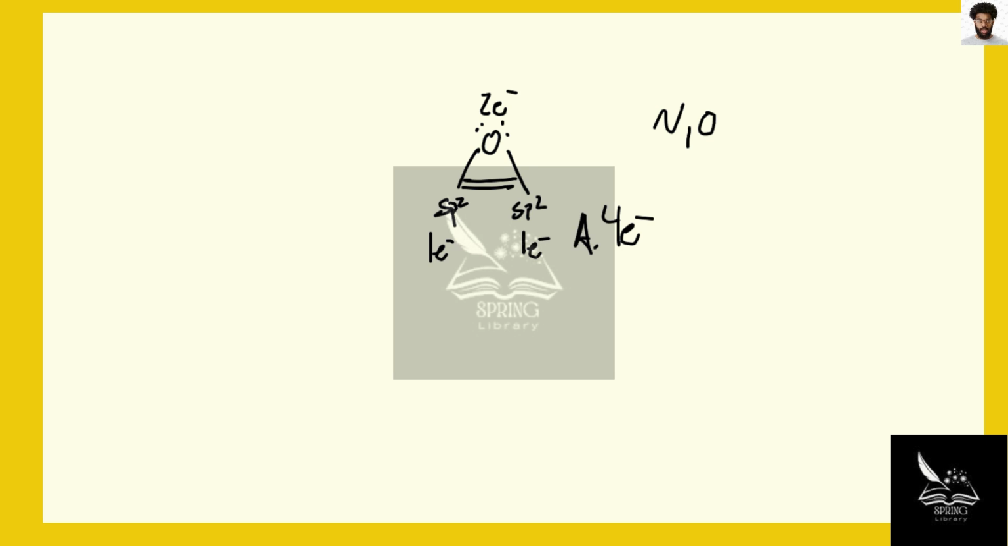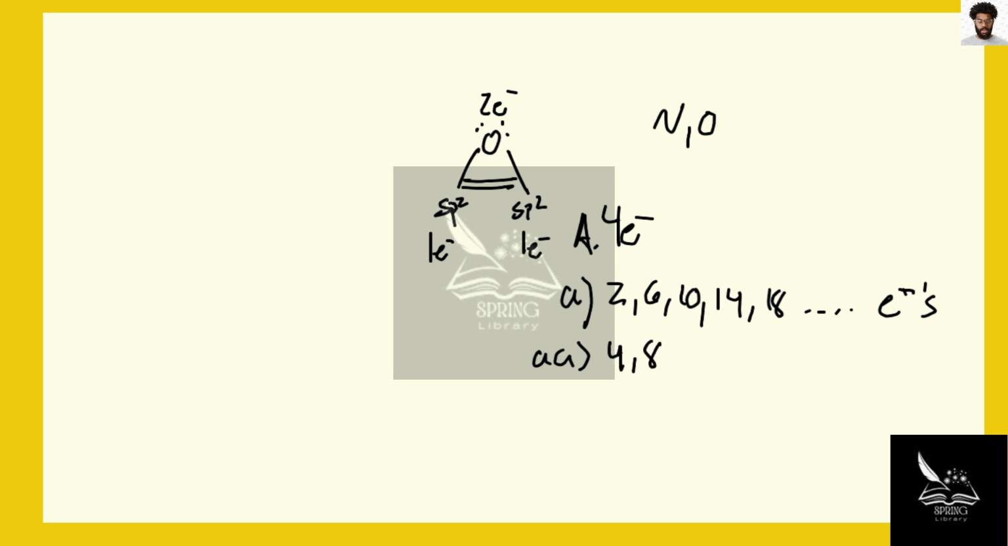As for part B, recall from the 4n plus 2 rule that aromatic systems must contain, starting from 2 and counting upwards by 4: 2, 6, 10, 14, 18, etc. electrons, and that anti-aromatic systems contain, starting from 4 and counting by 4s: 4, 8, 12, 16, 20, and so forth